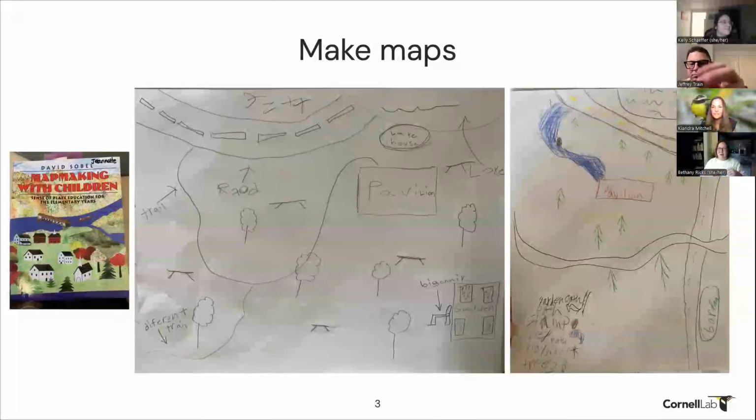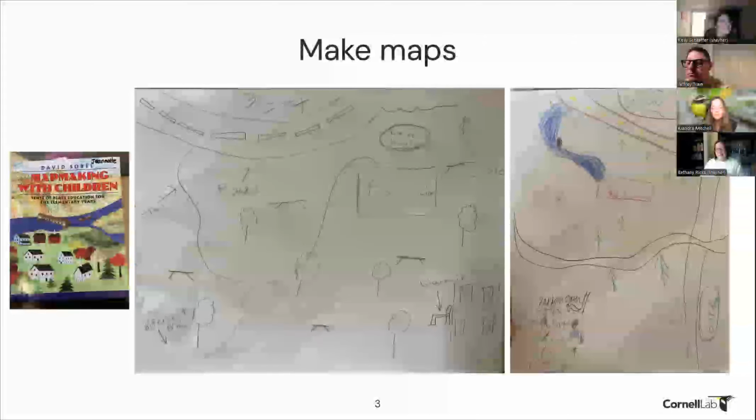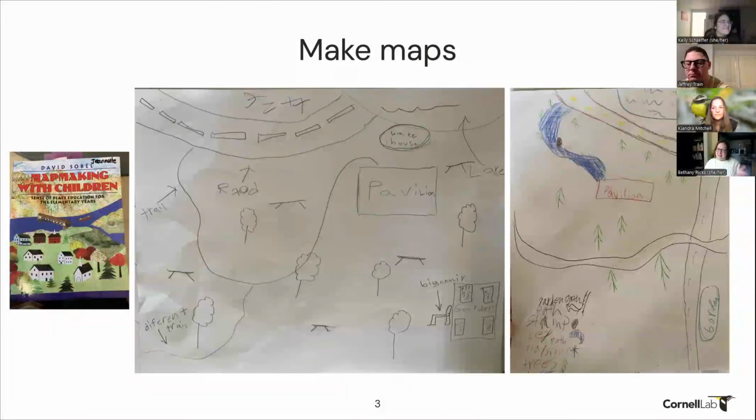And suddenly, oh, this is where we saw this really cool bird, or this is where we found this awesome plant, or this place was flooded this week and isn't this week. What? And what does that mean? So it's a really fun way to engage with the different parks that we work with. And these are two different maps of the same park. If you haven't read Map Making with Children by David Sobel, it's incredible for working with map making for kids of all ages.